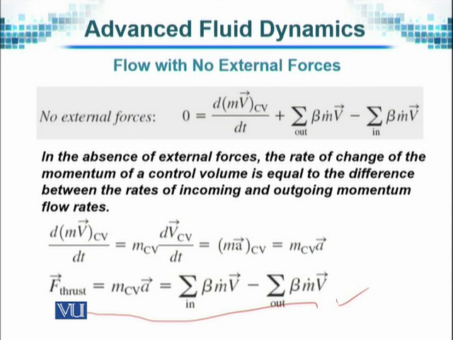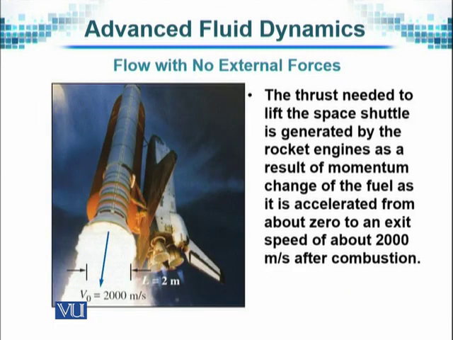F, the thrust force, is equal to the given values. The remaining values remain the same. Remember, basically Newton's laws are playing a dominant role. F is equal to ma. And the thrust needed to, for example, lift the space shuttle is generated by the rocket engines as a result of the momentum change of the fuel that is accelerated from about 0 to an exit speed of 2000 meters